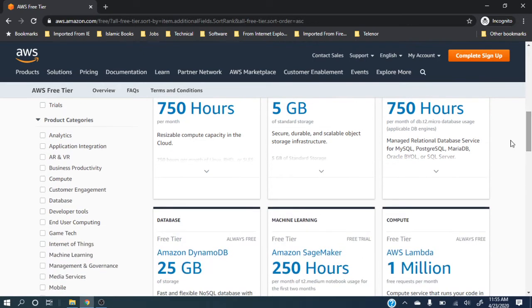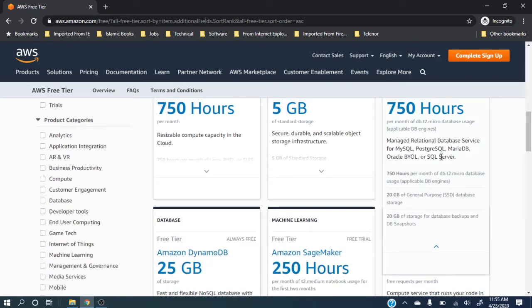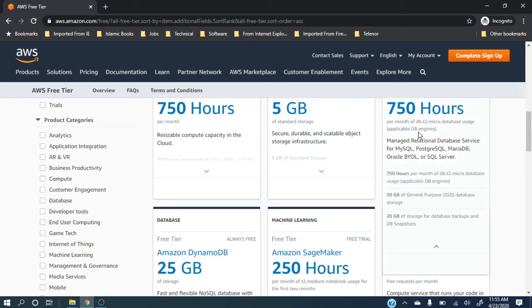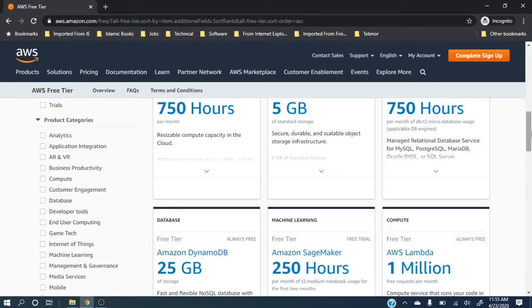And there is a small detail of this, that you get a micro database type and 20 GB of general purpose database storage and 20 GB storage for database backup and snapshots. So this 40 GB is, you can say, separate from this 5 GB, and this 40 GB is related to databases only.